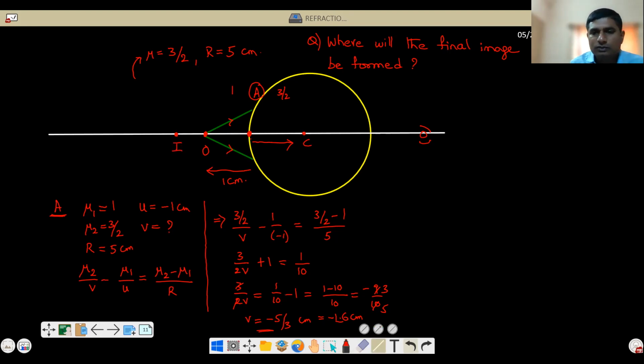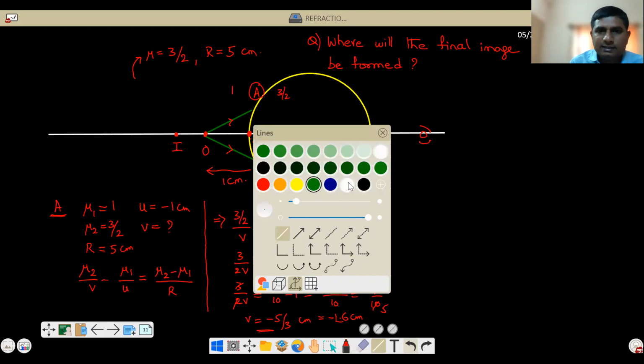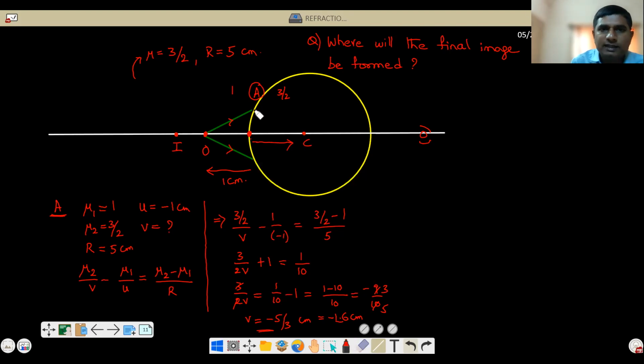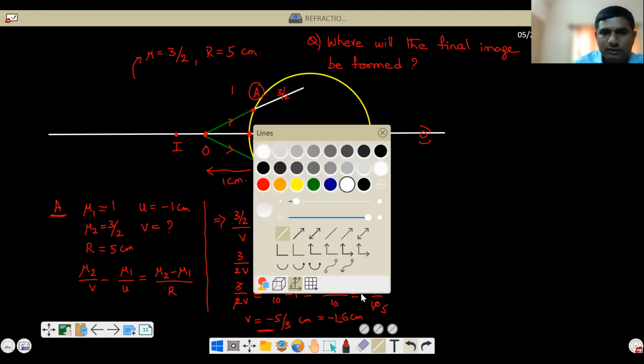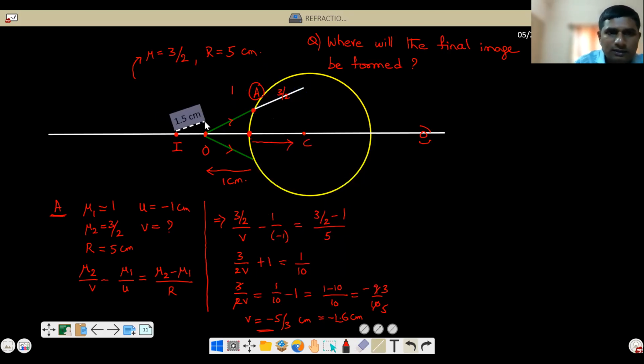Now these are the rays. When this incident ray is incident here, refraction will happen. Refraction is bending of the light ray, so the light will bend either like this or like this. How to know is only after calculation. Since we calculated, we can definitely tell that this refracted ray should pass through this point. So the refracted ray will be like this. See here.